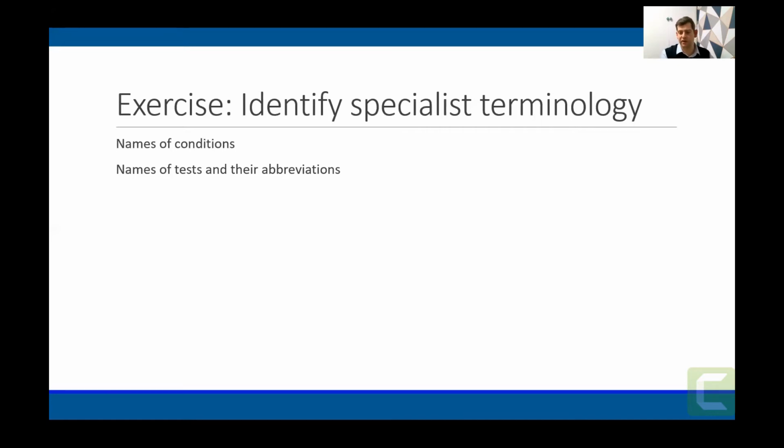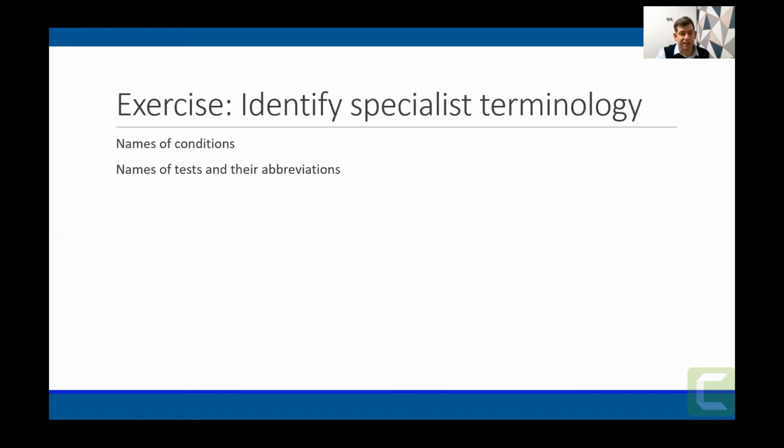Can anyone think of any other categories? It's getting quite difficult now because we've had most of them. But it's like basic symptoms. Did you say basic symptoms? Symptoms, yeah, like dizziness, nausea, that sort of thing. Absolutely. And symptoms are something that certainly every time I've been to a GP appointment, symptoms are discussed. So I would certainly get familiar with the different kinds of symptoms. Any others? Can you please explain this again? The name of the test and the abbreviation, what does it mean?